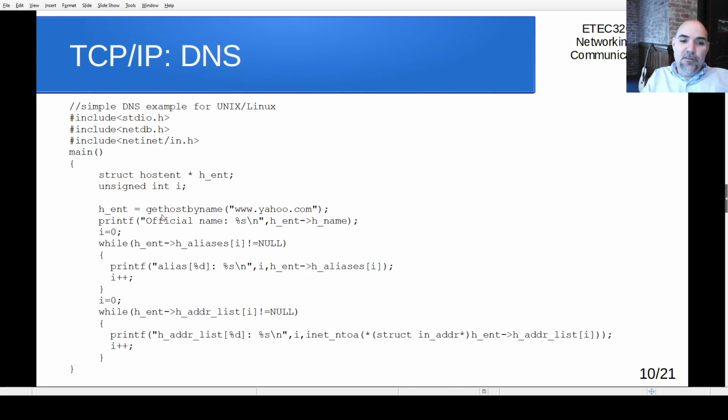And notice we only had to do this one single function call, and now we have the address that we want and other possible addresses as well. And one of the things you'll notice is some websites, when you do this lookup, you'll get in this addresses, you'll get a whole list of addresses. And if you call that once and then call it again later and call it again later, the address that's at the top of the list might be different. And one of the reasons for that is that's one way that they do load balancing on servers is by changing the address that from DNS that it resolves to,